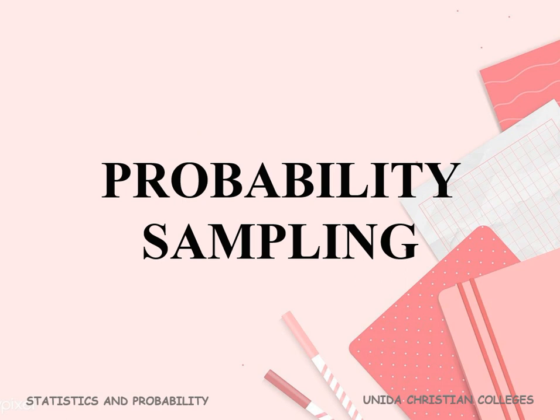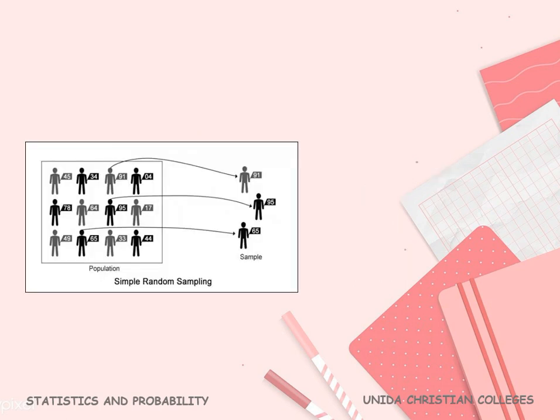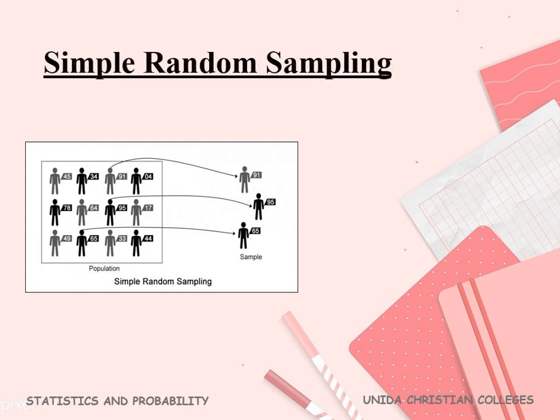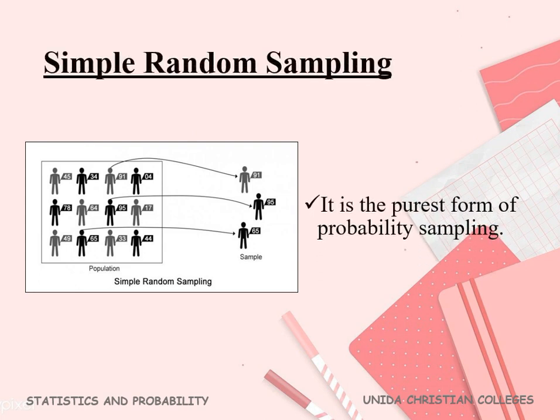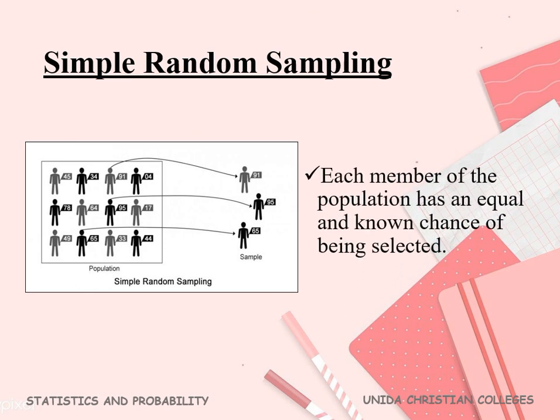Here we have also 4 types of probability sampling, and let's start with the simple random sampling. So it is the purest form of probability sampling. Here, each member of the population has an equal and known chance of being selected. So, yung member daw ng population mo, sa simple random sampling, lahat sila may chance na ma-select as your respondent